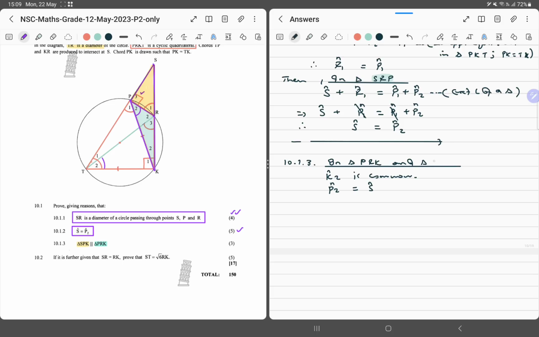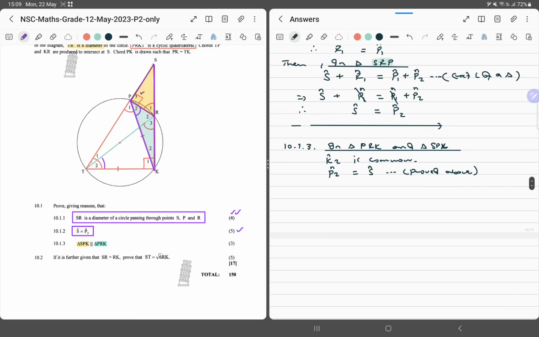And then here I put SPK. It doesn't really matter which one you start with, but I'm just trying to follow the equalities here. Okay, so this one is proved above. Once you prove two sets, the remainder will always be the same. So we can say therefore